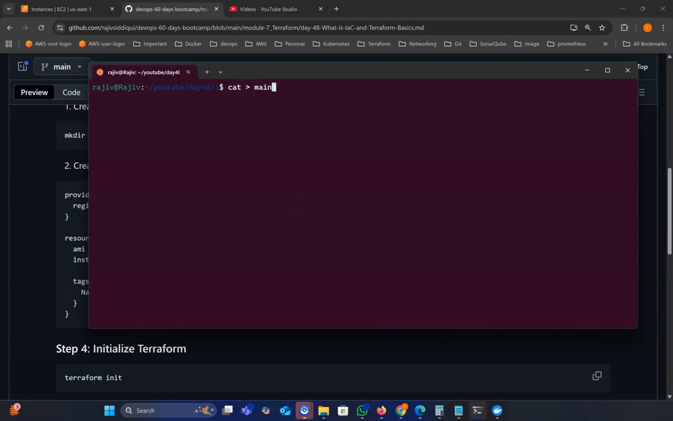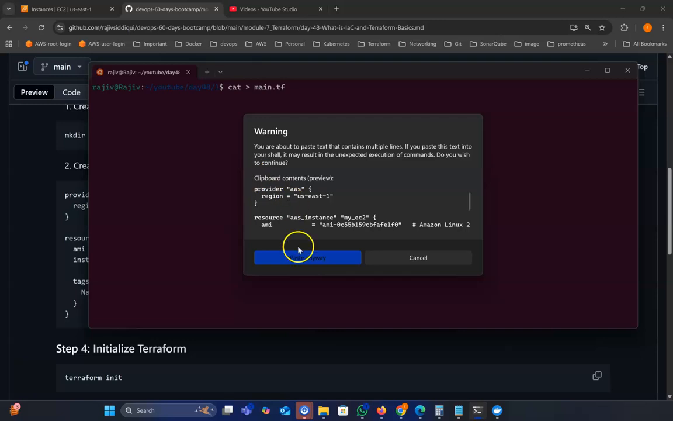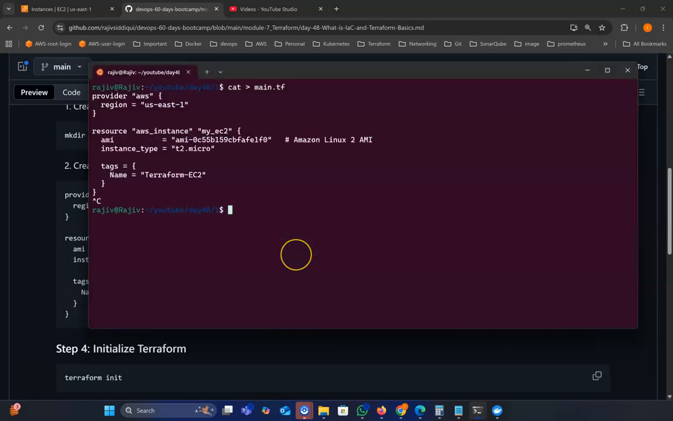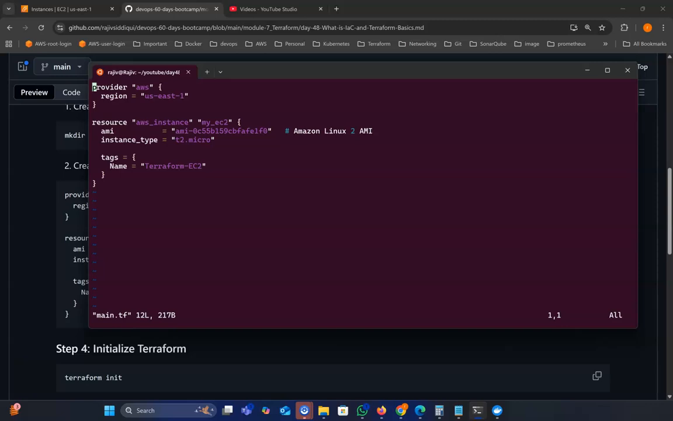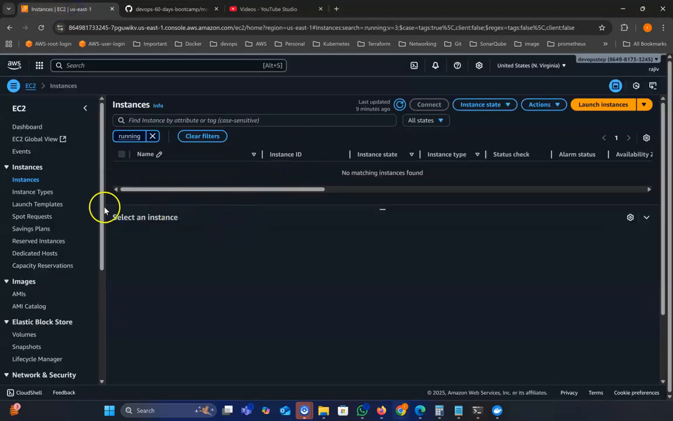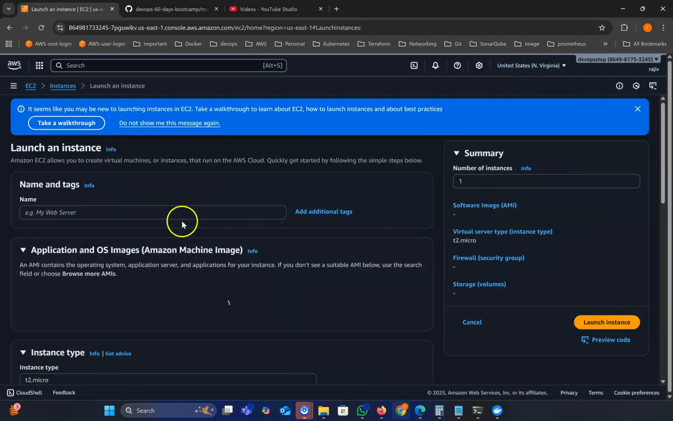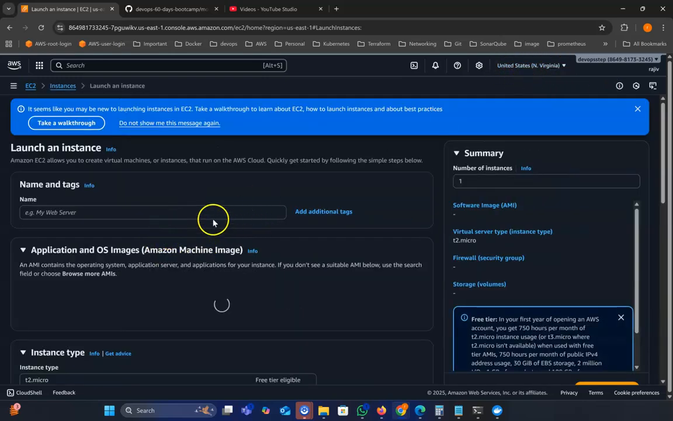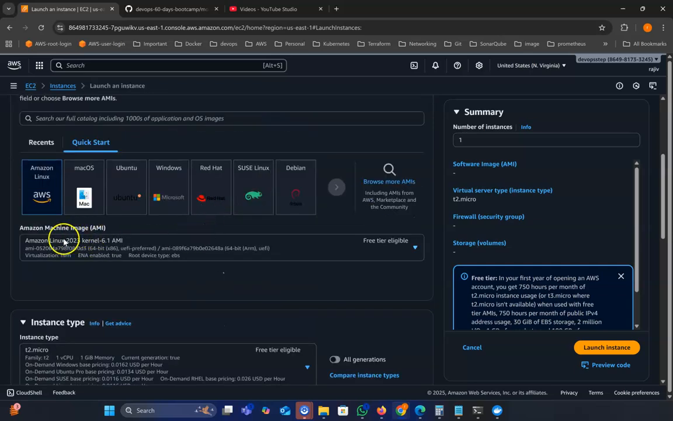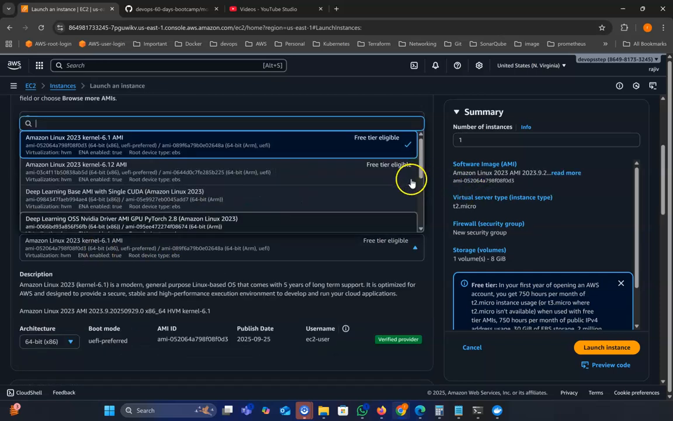So create a file. This file name can be anything, just make sure the extension is .tf. Then copy this code. We need to change the AMI, because I already told you this image ID changes frequently. So go to your EC2 and click launch instance, and we are in US East 1. You can see there is an image name, but you can't copy it from here. So for copying, you just go to